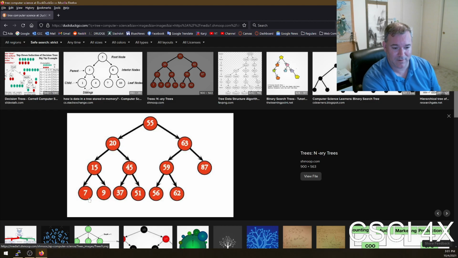So down here, everybody's smaller than me to the left. Everyone's bigger than me to the right. It's a recursive property that no matter where you are, the property holds. Everybody to the left is smaller than 20, right? And because of that, traversing a binary tree like this is very easy. You can write recursive algorithms. If you want to sum up all of the numbers in this tree, you say sum up all of the people in the left subtree, then add my value, and then sum up all the people in the right subtree.